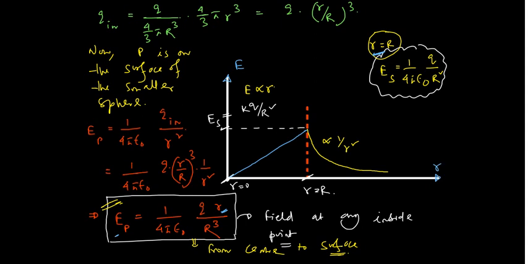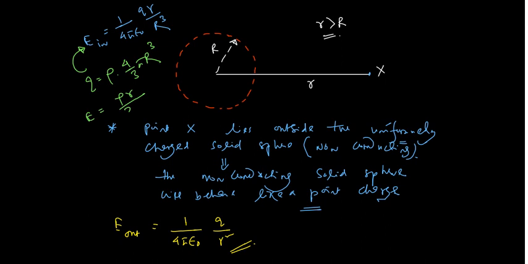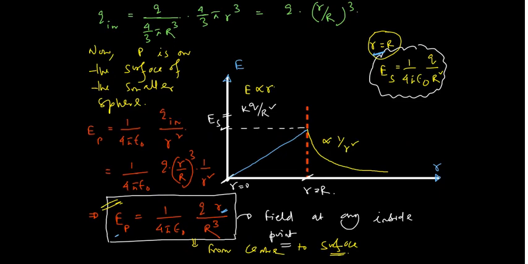And at times you have to remember this formula also, because we got E inside equal to 1 by 4 pi epsilon naught QR by capital R cube. If you write Q equal to volume charge density rho into 4/3 pi capital R cube, and put that result here, then E will become rho R by 3 epsilon naught. Actually today I am not touching this formula because there are a whole lot of different cases to be discussed about this. We will do it later. So today I am keeping it just like that. Alright, fine. I hope this is clear to everyone. It's not difficult. Let's move on.